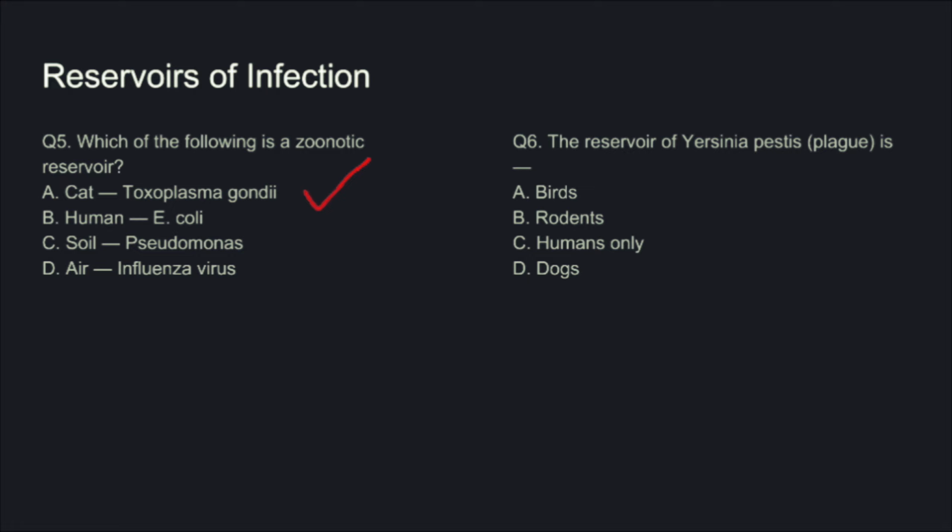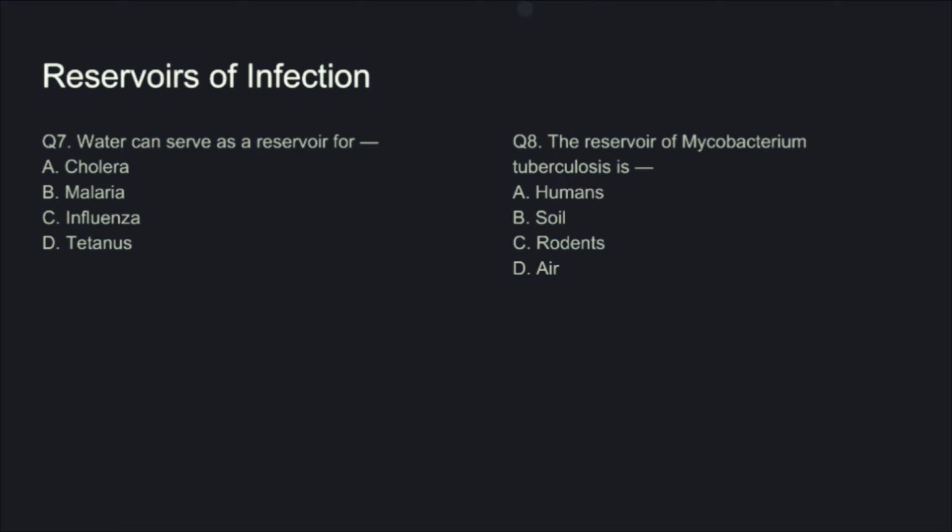Question number 6. The reservoir for Yersinia pestis, plague, is: A, birds; B, rodents; C, humans only; D, dogs. So the correct answer is option B, rodents. Question number 7. Water can serve as a